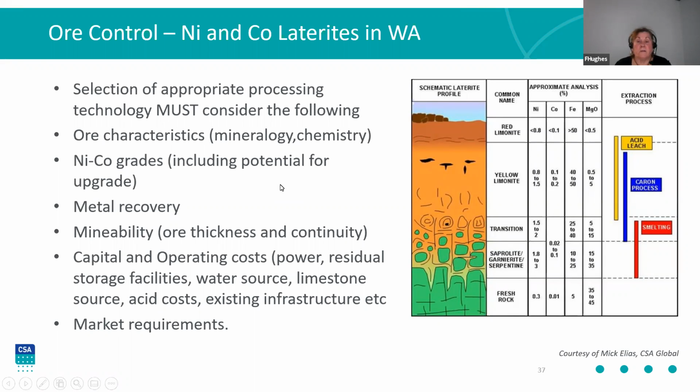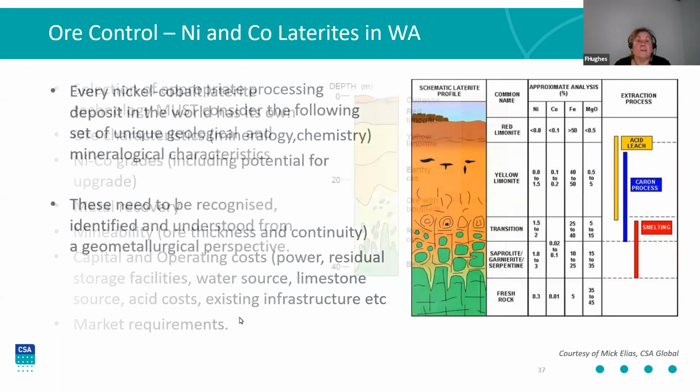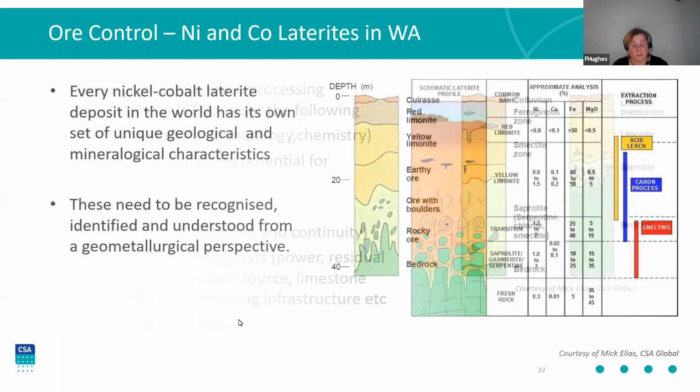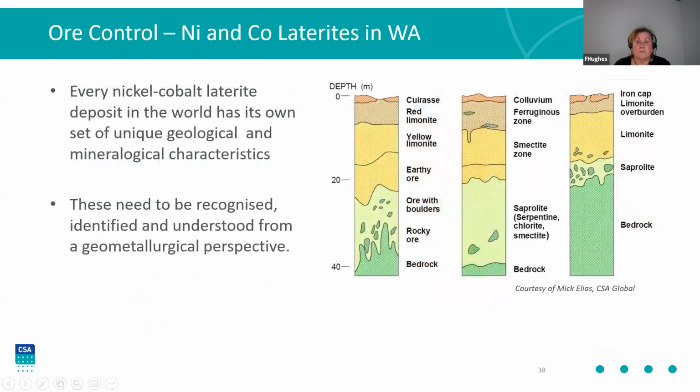Because of the degrees of weathering, there's more than one ore type that requires processing, and depending on what the composition of the weathering profile is depends on what type of extraction process you might use. And no one nickel laterite is the same. So it's an interesting comparison,